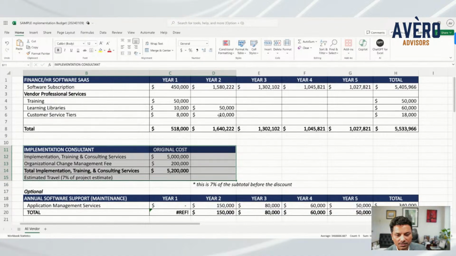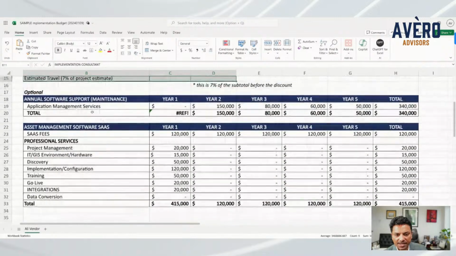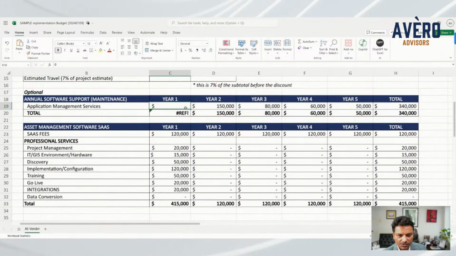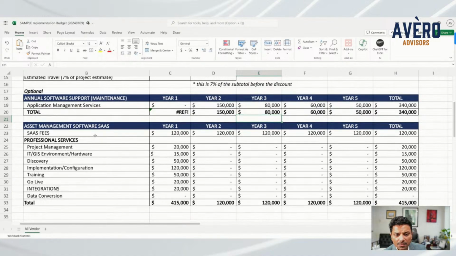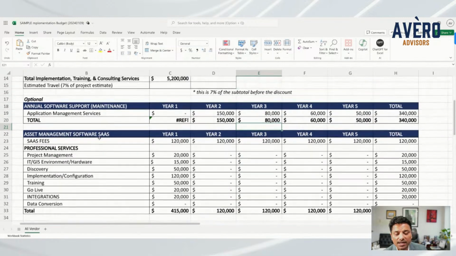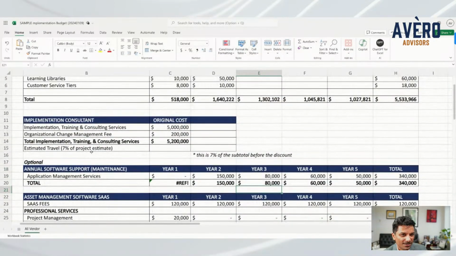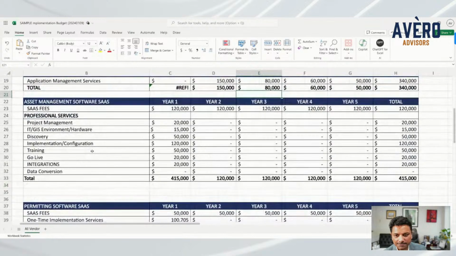So if you go down here, this is the option you may have: year one did the implementation. Once we are live, we're going to charge you 80K a year to keep your system up, be your first point of contact for customer service, and just take responsibility for the configurations that we have built for you. But that's an option. You don't have to do that. Again, it really depends on who the vendor's mix is and how you're doing this.